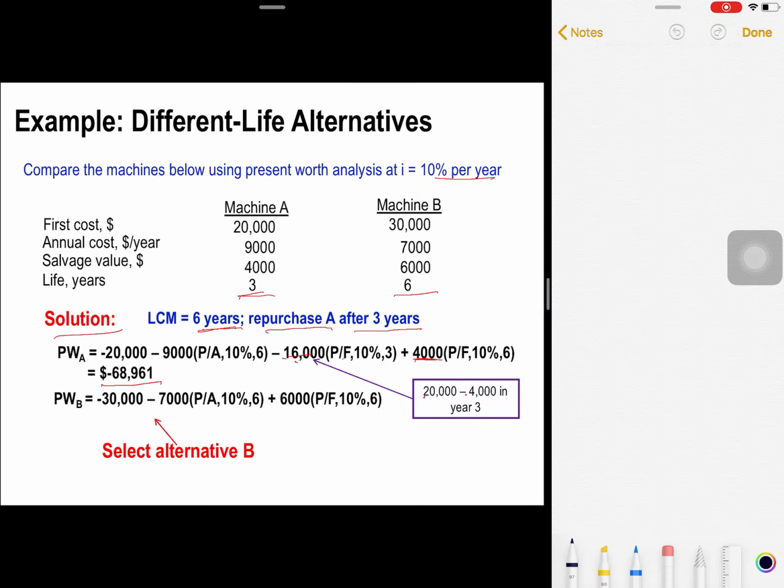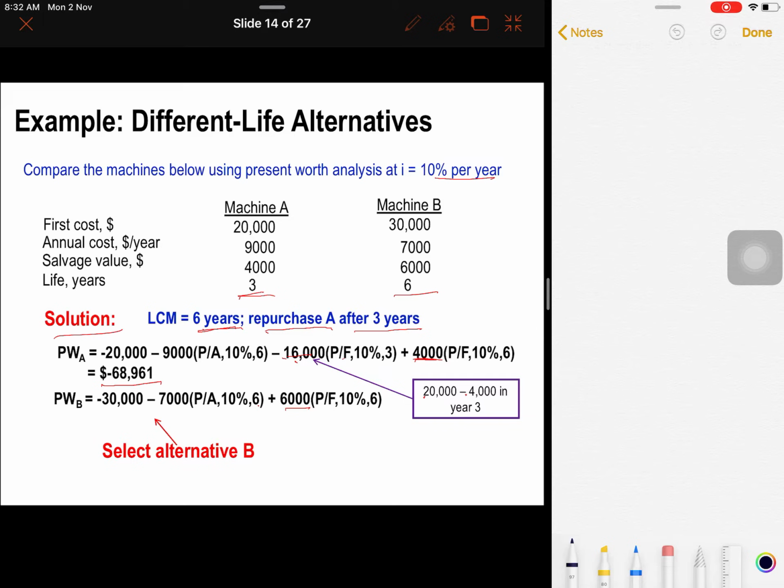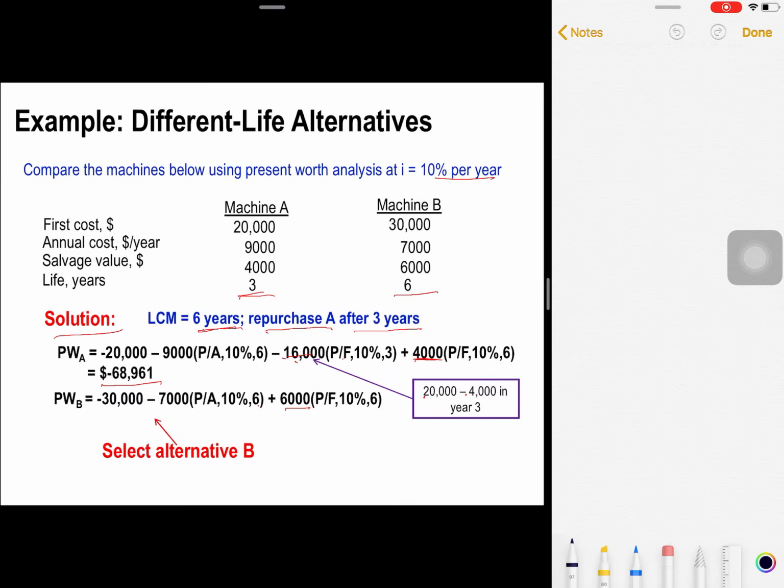equals negative 68,000. For PWB, we have negative $30,000 minus 7,000 P of A, 10% for 6 years, minus 6,000 plus 6,000, the salvage value, P of F, 10%, 6. So when we have the numbers,